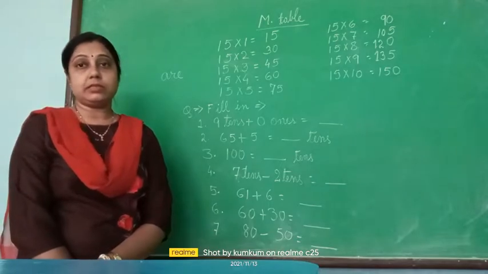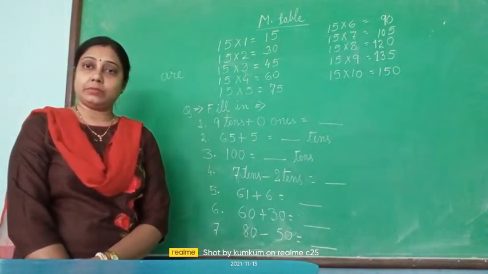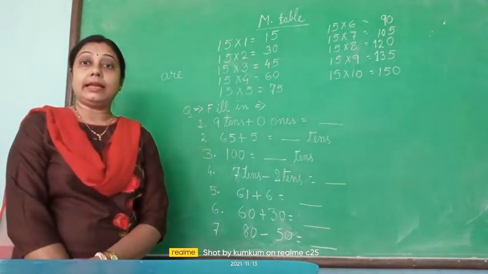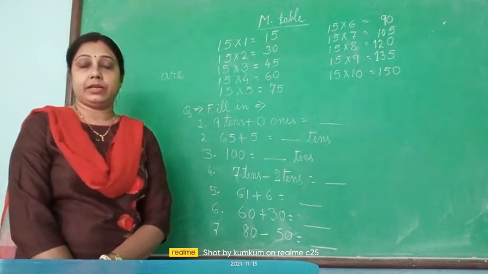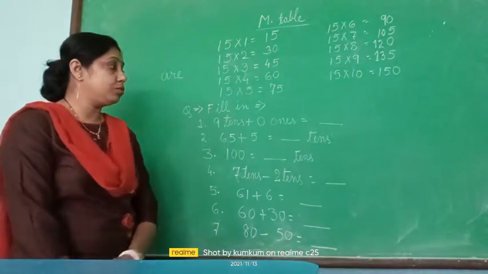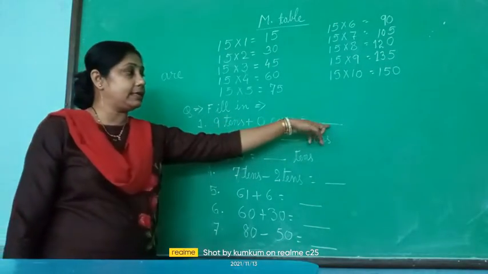Then 2 tens means 20. 3 tens means 30. Likewise 5 tens means 50. 9 tens means 90. 10 tens means 100. There are 10 tens included, so it becomes 100. So now if it is given 9 tens and only one dash is there,